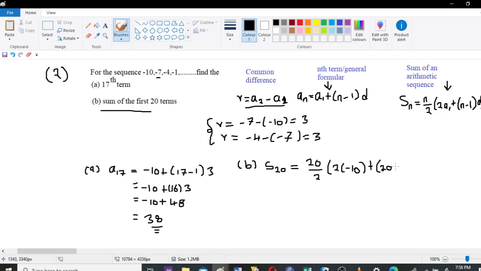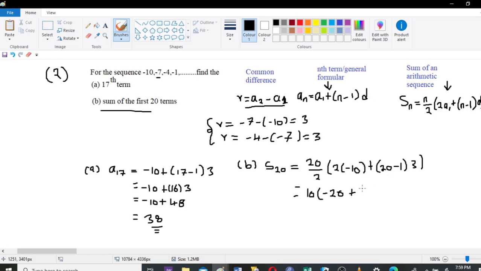So again in the formula you have 20 minus 1, multiplied by 3, which is your common difference. So 20 divided by 2, you get 10, and then 2 times negative 10, you get negative 20, right? So you get negative 20 plus